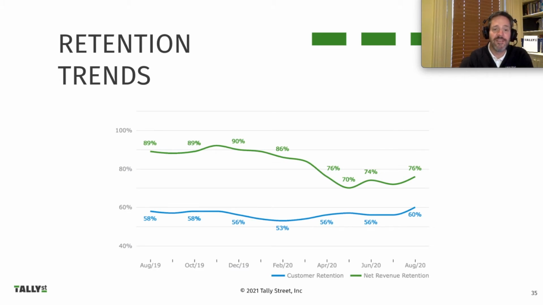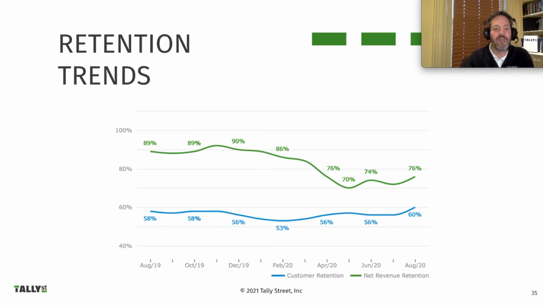On the other hand, the 76% revenue retention is not really a great number for this business. They previously had revenue retention rates up around 90%. Now 2020 was certainly a very unusual and challenging year for a lot of businesses, so it's not surprising to see a chart like this, but it still helps to look at these numbers together